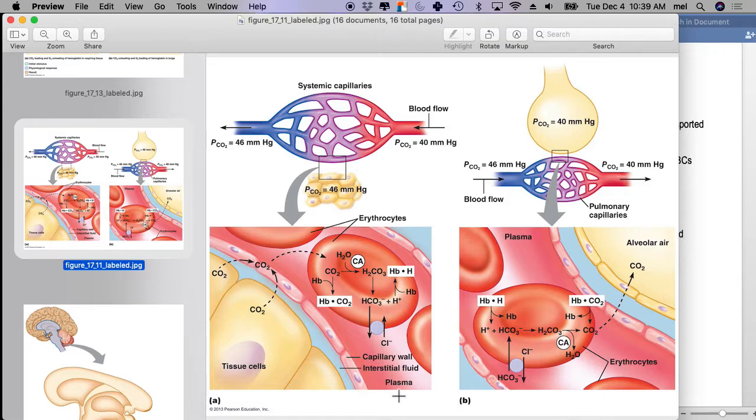But what I have to do in order to dump a whole bunch of bicarbonate out without affecting the electrochemical gradient of the red blood cell is every time I push a negative out, I temporarily bring a negative in, okay? So what I do is I have this little co-transport or counter-transport protein right there. I bring chloride in, negative, right? I push bicarbonate out, and I'm just holding on to the chloride for a minute, okay? Right? So this is called the chloride shift,